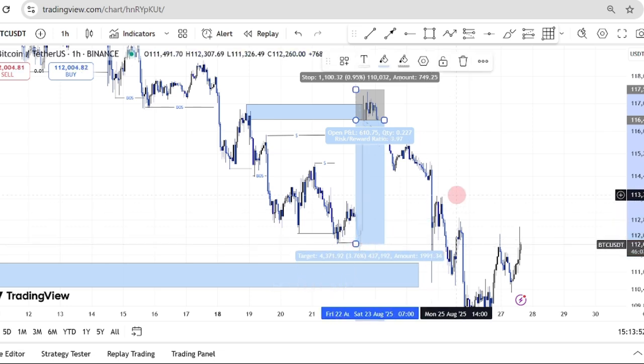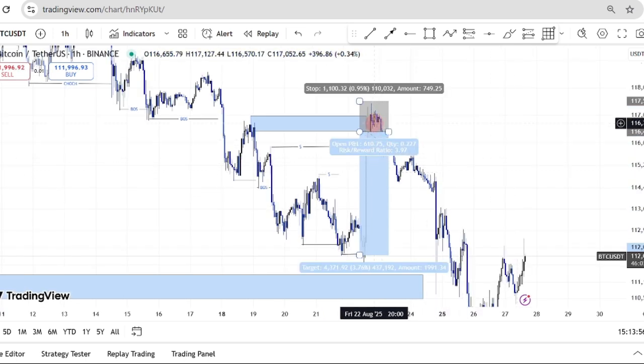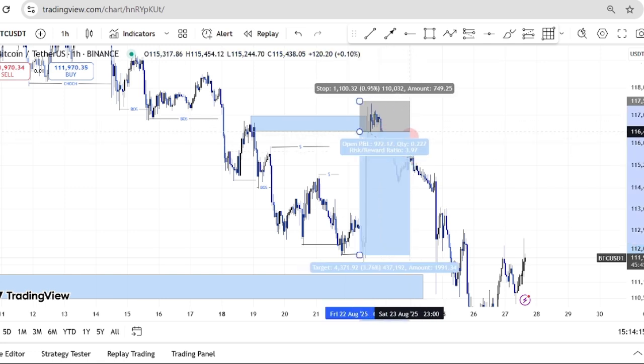So this was my target. And price rallied into this point on the Friday after the news was released, by 1:30 or about 3 p.m. And price tagged into my entry. If you see, the price pushed very close to my stop loss and retraced down, and by Monday